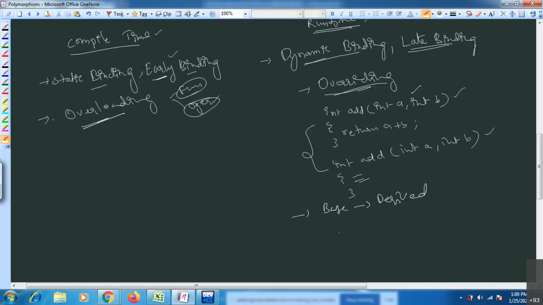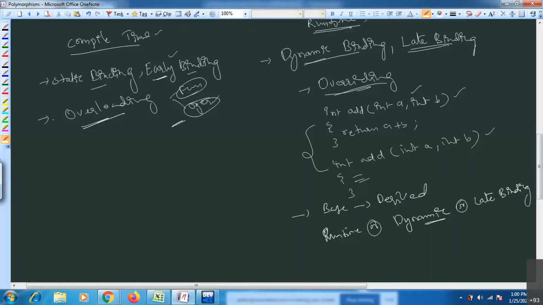That means at the time of running your code, your function definition is going to be identified, so you call it runtime polymorphism, or dynamic polymorphism. Why is it dynamic? Because at the time of running your code, your function is dynamically going to be called. And also you can call it late binding. At the time of compilation it means early binding. At the time of running your code it is late binding.